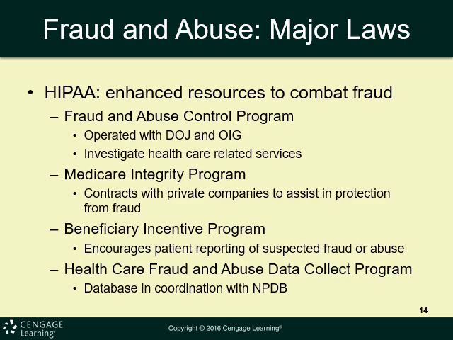HIPAA also has established or strengthened 4 programs to assist with fraud enforcement. They include the Fraud and Abuse Control Program, which operates jointly by the Department of Justice and the Office of the Inspector General to control healthcare fraud and abuse and conduct investigations relating to the delivery of healthcare services. The second program is the Medicaid Integrity Program. This program directs the Department of Health and Human Services to enter into agreements with private companies to carry out